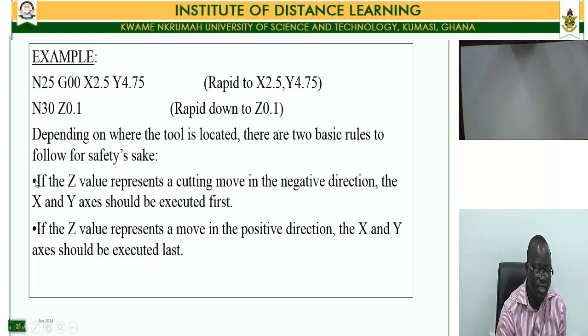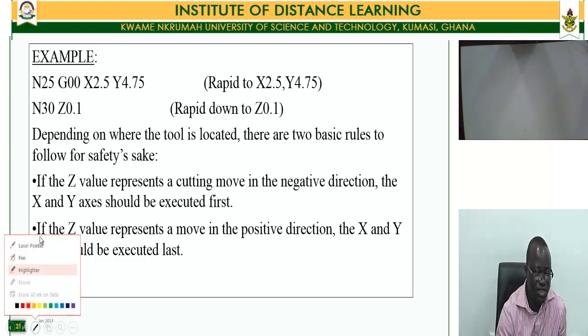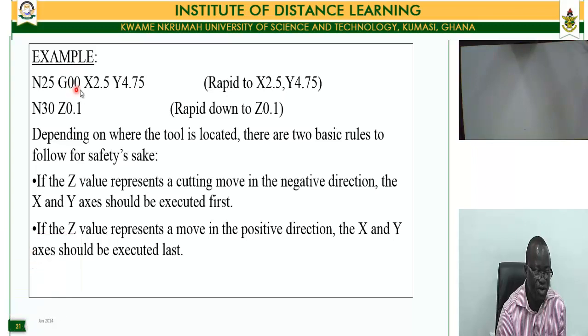And the next line, which will be line number 30, this is line number 25, line number 30 says Z01. Now, when we talk about these commands, we say they are modal